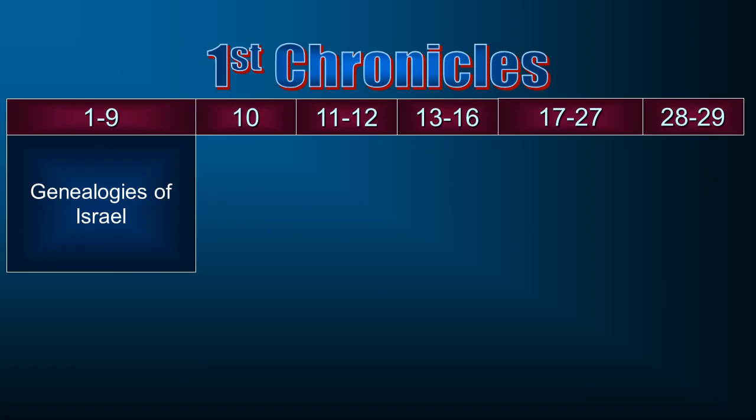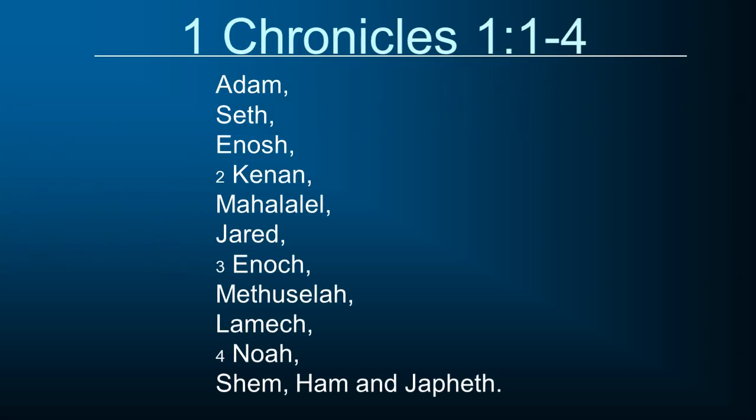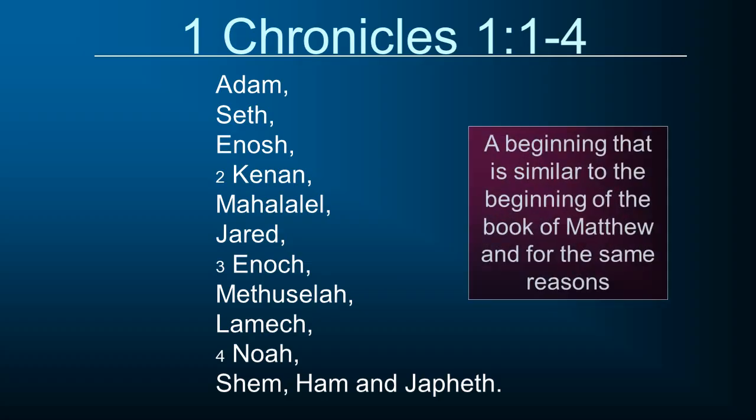This is just a genealogy section. And here we go. Adam, Seth, Enosh. This is like returning to Genesis chapter 5, just hearing the list of names. Canaan, Mahalalel, Jared, Enoch. Remember him, the one who walked with God. Methuselah, Lamech, Noah, Shem, Ham, and Japheth. And we're not going to go through all the names, but we just start off on a journey through the names as they are listed for us, taking us all the way back to creation and Adam.